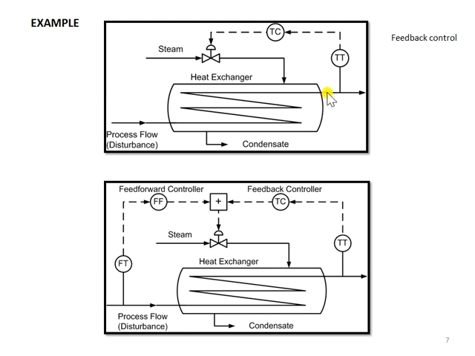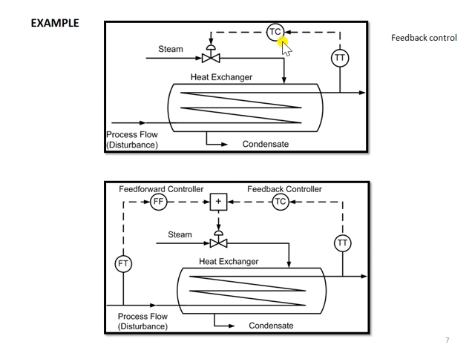After the temperature output of the heat exchanger drops, only then does the temperature transmitter recognize this behavior and send the signal to the controller to take action. So if this process flow rate change occurs very frequently,